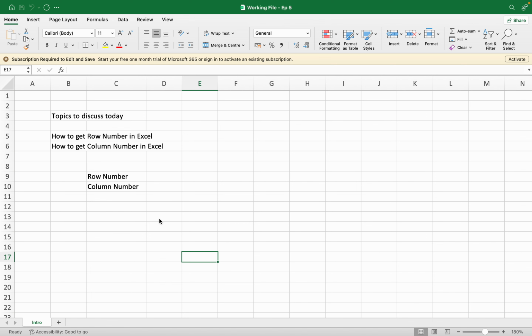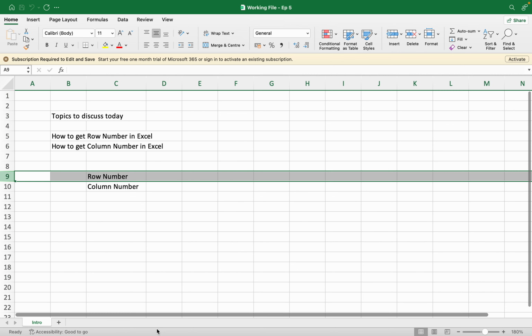The reason is that there are so many scenarios when we are creating large formulas in Excel or when we are doing some work in VBA codes. We just want to get a particular address of a cell, and the address can be denoted by row number and column number of a particular cell. So as you can see, in order to go to a particular cell, I have two things related to it. First is the column number to which it belongs, and second is the row number to which it belongs.